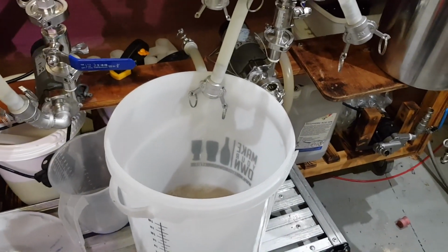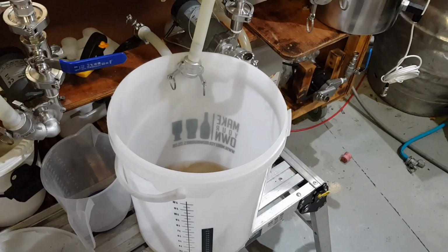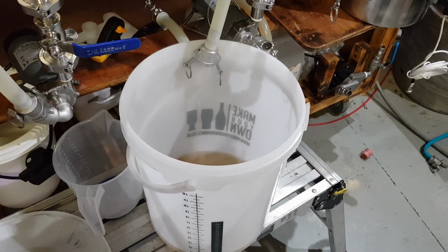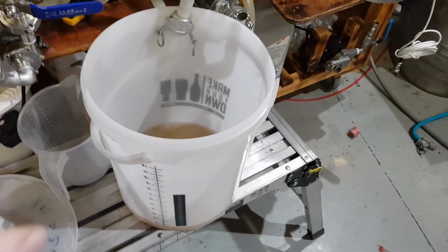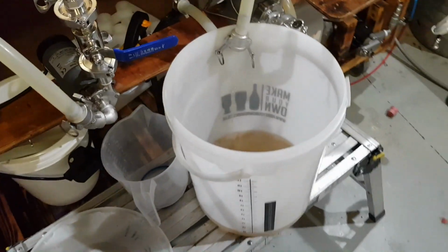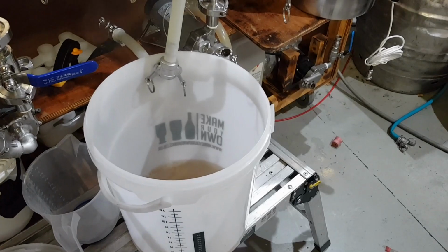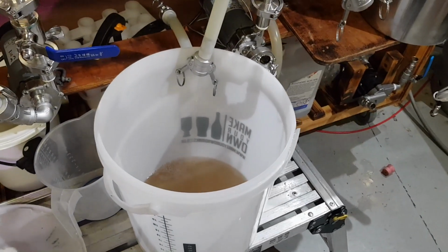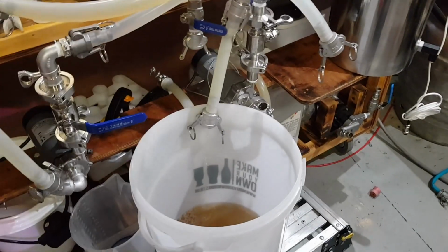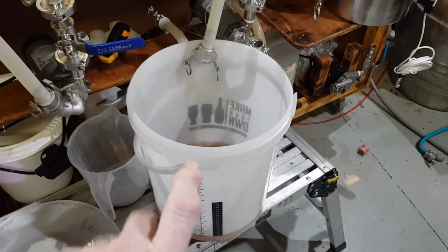This is the middle part now, where we draw off about 25% of what will be the final amount that we require. So in this case it's 7.5 litres. This is my Star San bucket. My Star San is in what will be the fermenter tomorrow. So 7.5 litres, just gently drawing it off at 66, and then we raise it to 76 by chucking some more hot water in. So that goes to 76, then we start a lauter going around, and then sparge at 90. So after this is taken off, I will